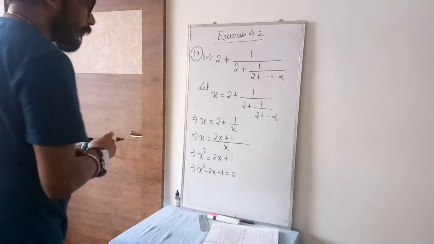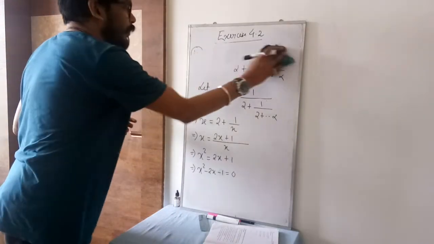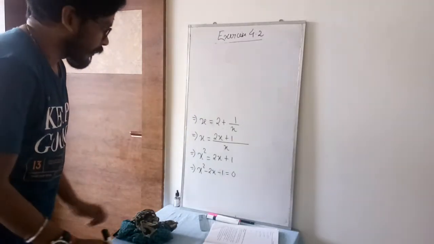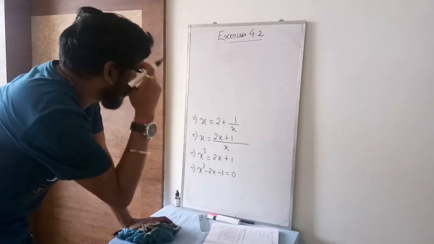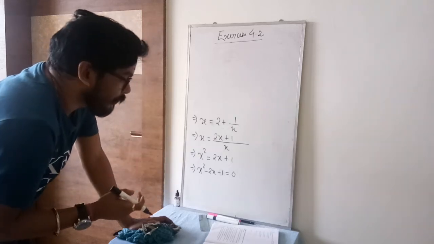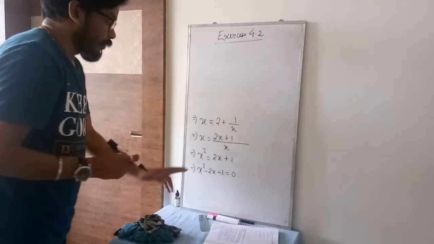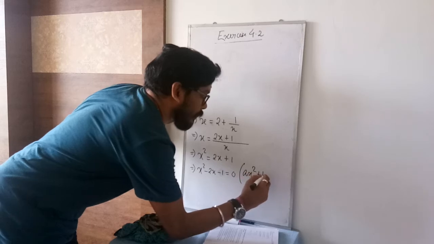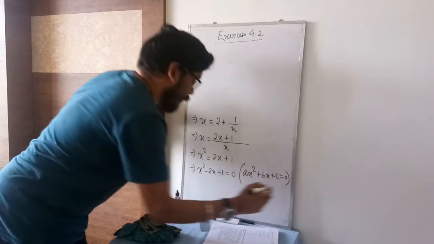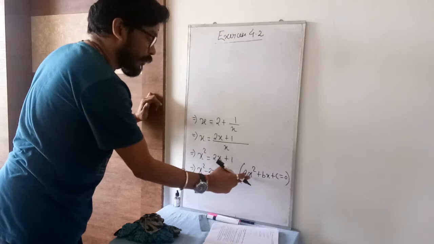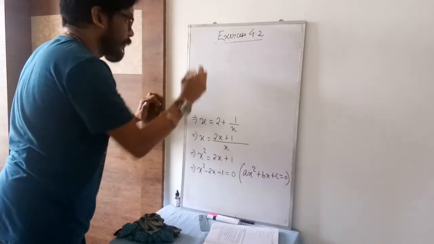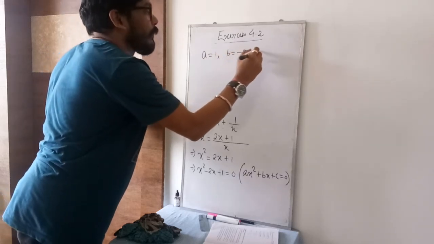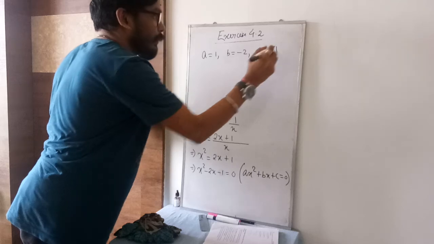Okay, got it? Now what you can do, here the middle term is not possible. Here you can't split the middle term. Let me check once whether I have done something wrong. So it is not wrong. Here you will use the quadratic formula. Compare with the general form of the quadratic equation. A is the coefficient of x square, B is the coefficient of x. If you compare, here your A is 1, B is minus 2 and C is minus 1.